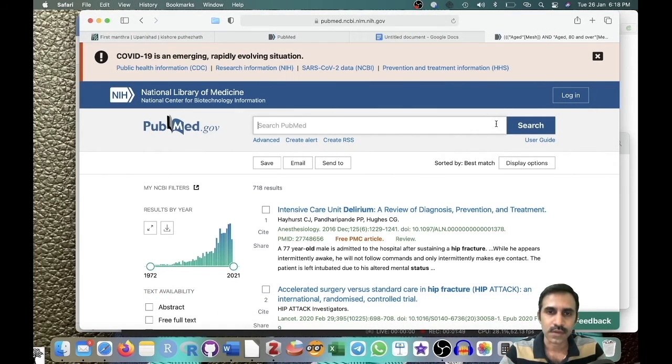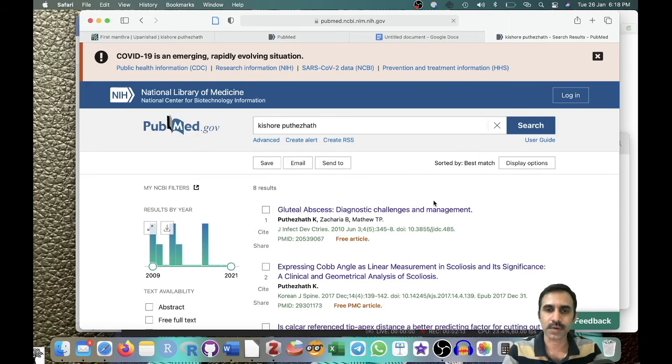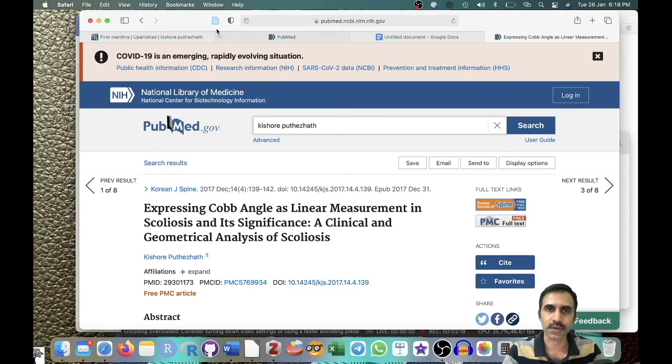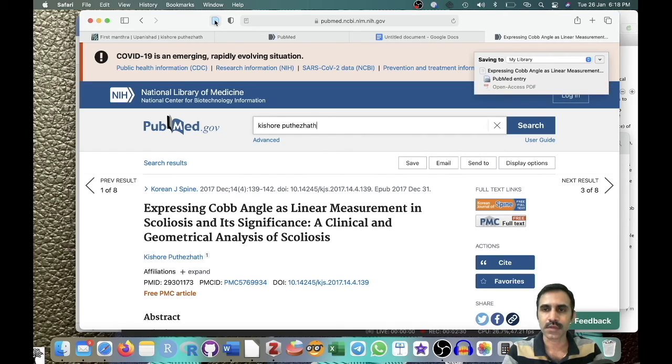We have already done a PubMed search and retrieved a number of results, and you have screened these articles and found an article which is relevant for you. You again go back to PubMed and find that article. If Zotero is installed in your computer, there will be a tab by the side of your browser. If you click on that, the article will be automatically added to the Zotero library in your computer, and it can even retrieve the full text if it is available online. Once you have done that, you have to